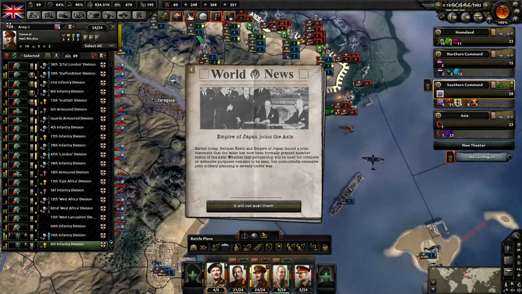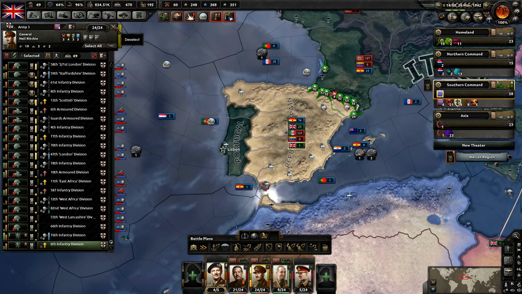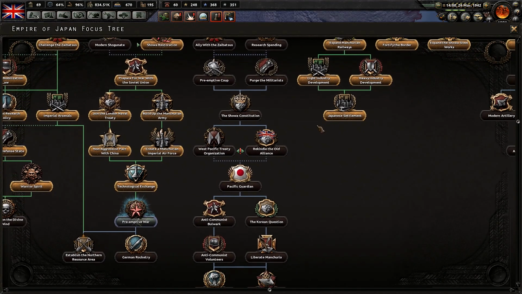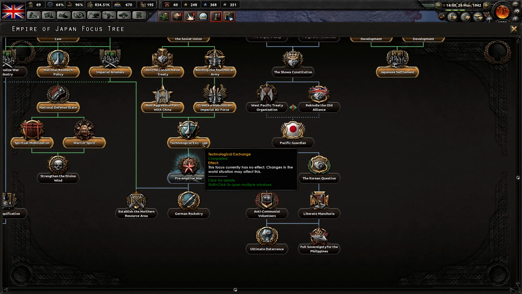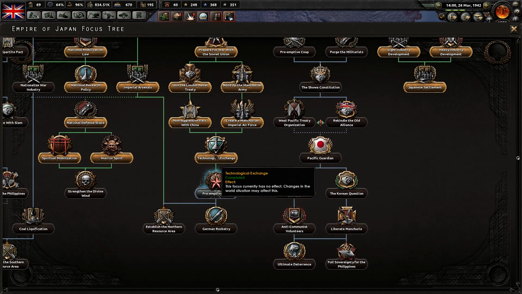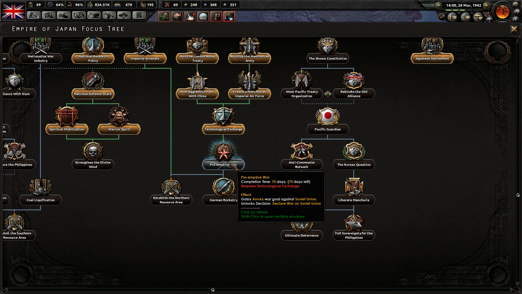Come on. Empire of Japan joins the Axis. There we go, guys. I told you. I told you it happened. A lot of people didn't think they were going to join because of this technological exchange. Somebody was trying to tell me in the comments that this does not have them join the Axis. They just join like a tech group, where they share technology. But it straight up said they joined the Axis. It didn't say that they just joined a tech group. So yeah, they did join the Axis as soon as they got this, and now they're in the conflict, and